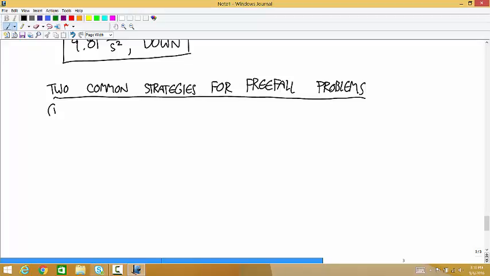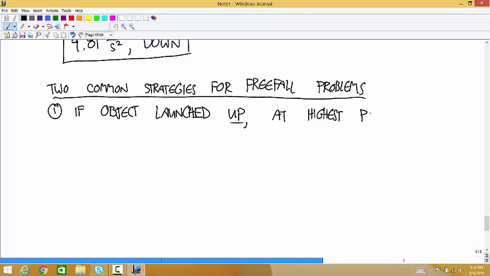The first one is if an object is launched up into the air, at the highest point in its flight, its velocity is equal to 0. So if we're trying to figure out how high something goes before it starts falling back down, we can specify that we know that the velocity is equal to 0 at that instant and use that to solve for other stuff. And then the second strategy that we're going to use is if an object is dropped,